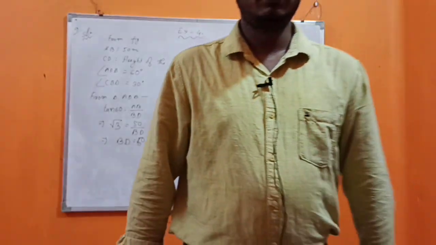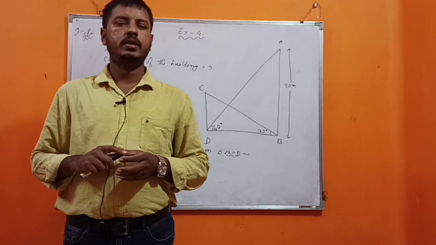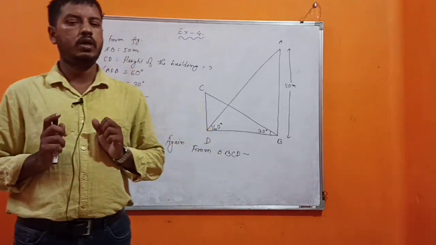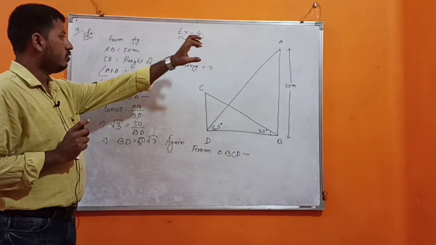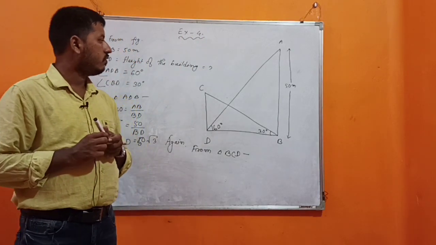So good morning students. Today we are starting from exercise 9.1, class 10 general mathematics, and from question number 9 we are starting. Okay. So in question number 9 it is given that the angle of elevation from the top